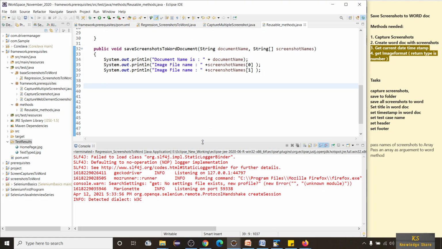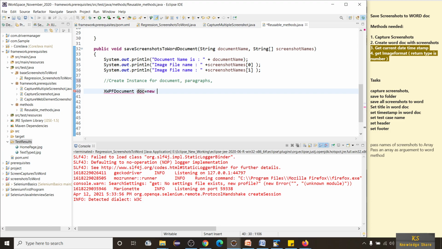Now I'm going to create one instance for our document, and instances for document paragraphs. Obviously a document is in paragraph format, which is the reason they have given XWPFParagraph. So let's create a document first. XWPFDocument, I'll call it doc is equal to new XWPFDocument.